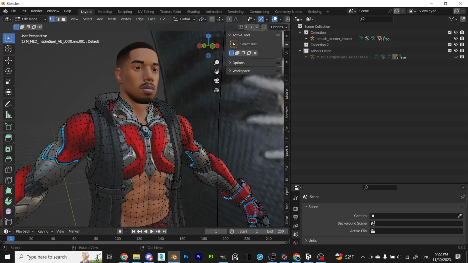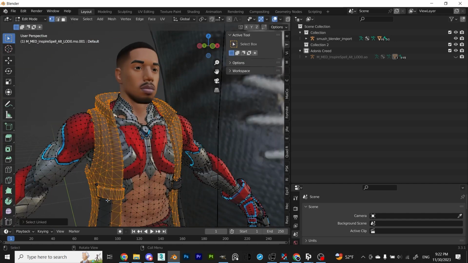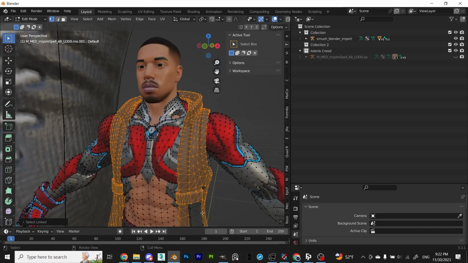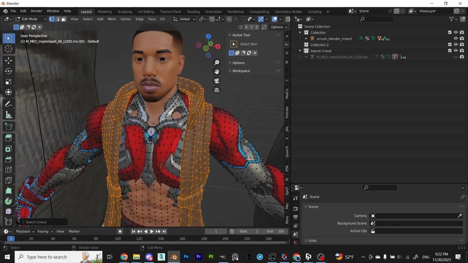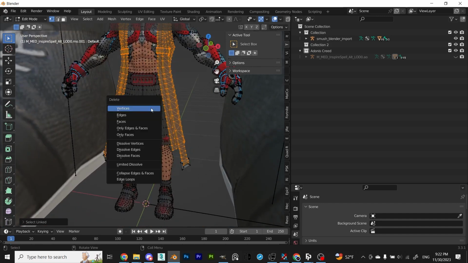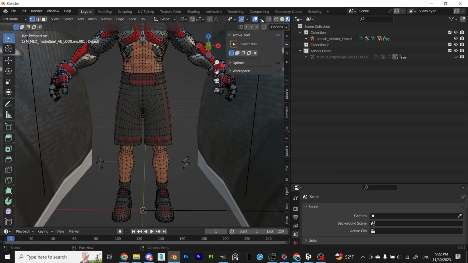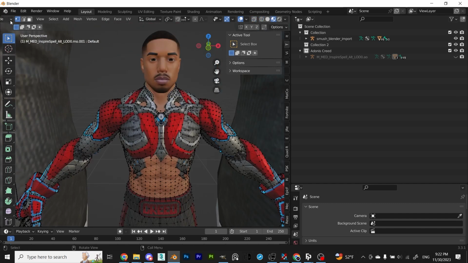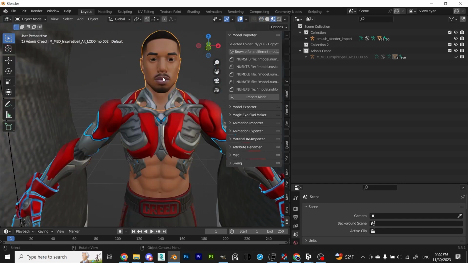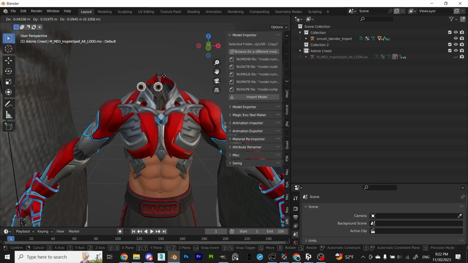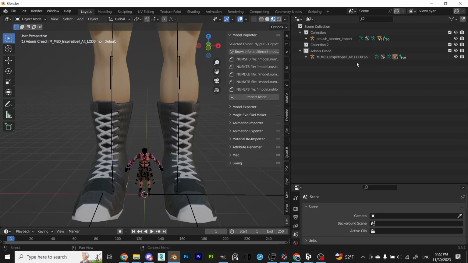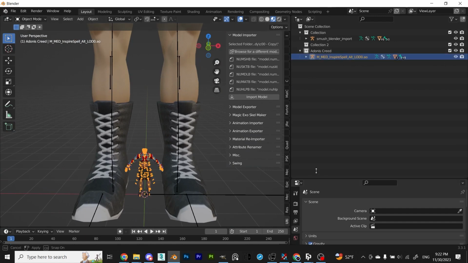I also removed the coat because I didn't need it for this mod. Once that is all done, select the Fortnite armature and go into pose mode.